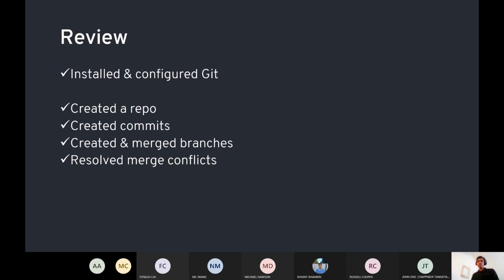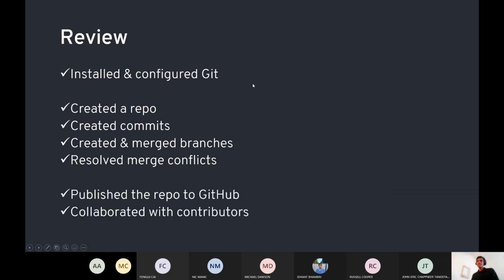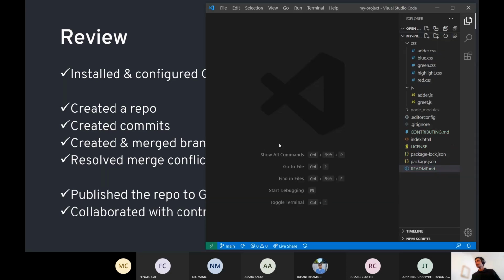So that's a bit of a review of what we've discussed today. We've installed and configured Git, created a repo, made commits on it. We branched off of the main branch. We've merged other branches into our main branch. We've resolved merge conflicts that occurred during that process. And we also published the repo to GitHub, and